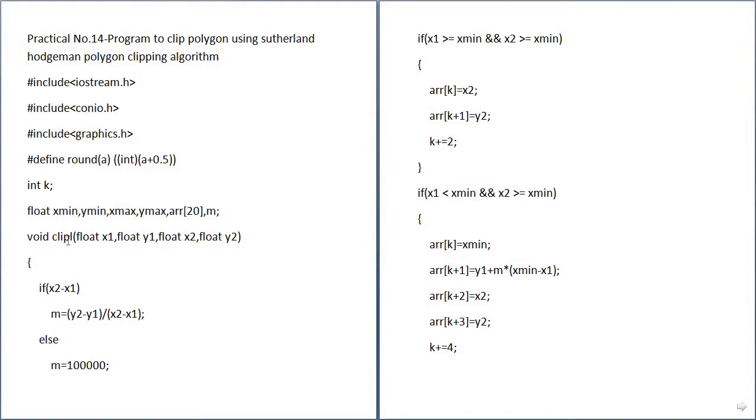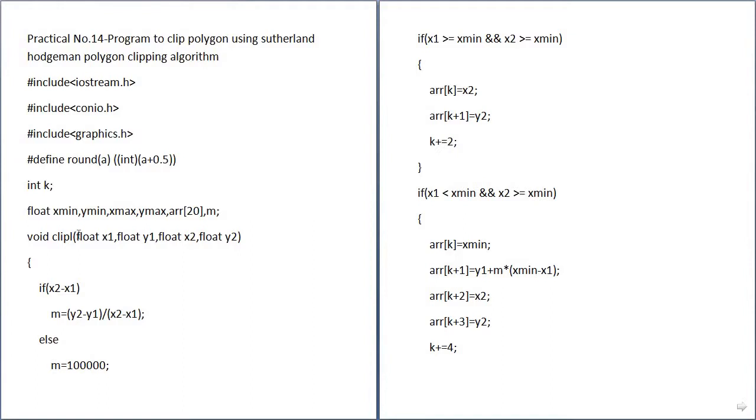If we enter a polygon and we clip that polygon using the Sutherland-Hodgman polygon clipping algorithm, then we check the left hand side of the window, then the right hand side, top side and the bottom side.